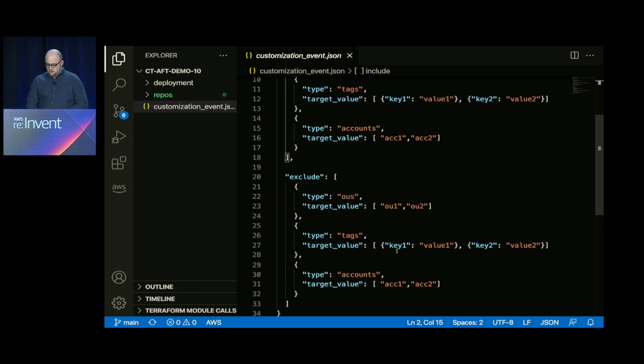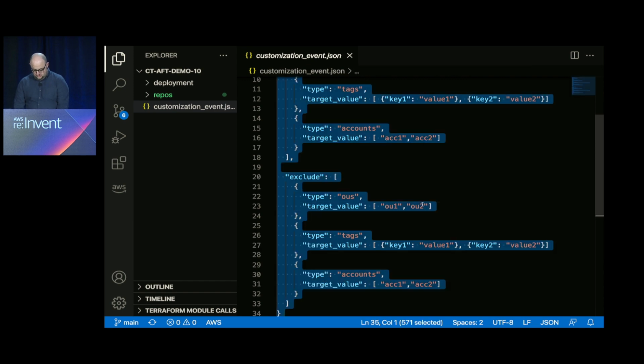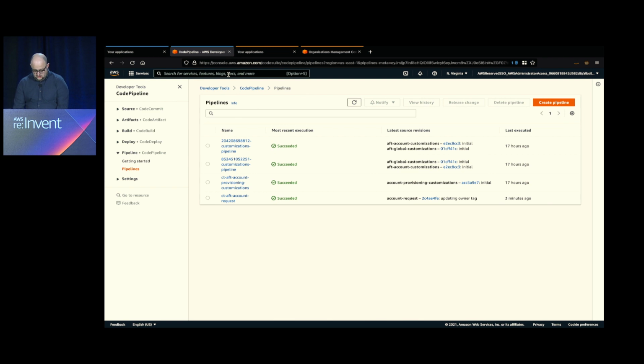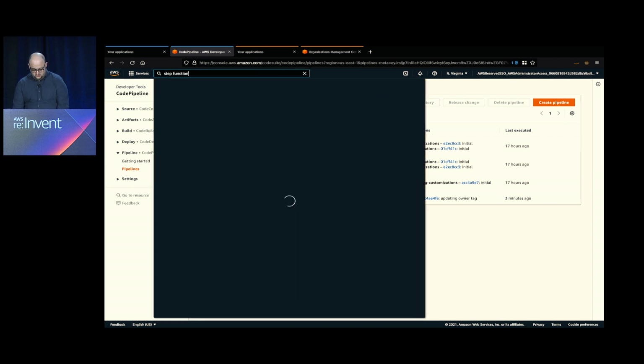So used together, they can create a list of account IDs that the step function will then go ahead and re-invoke customizations for. So let's go ahead and take a look at how that process looks. I'm going to copy this sample event here, and I'm going to go into the step functions console.